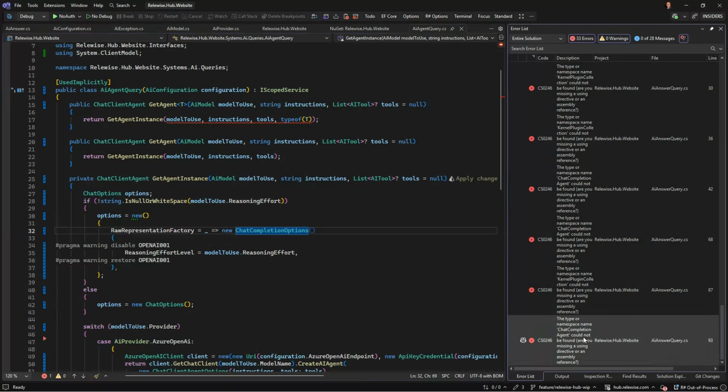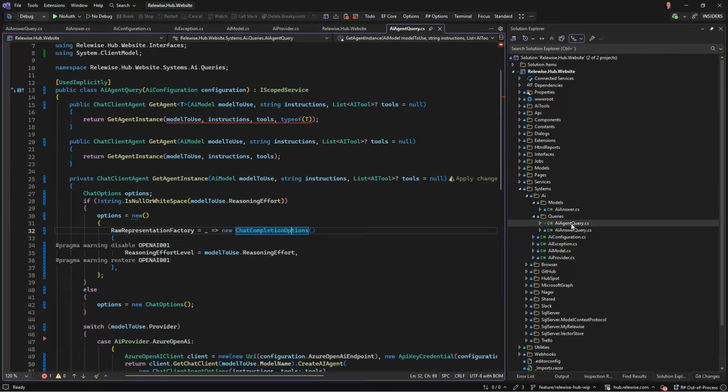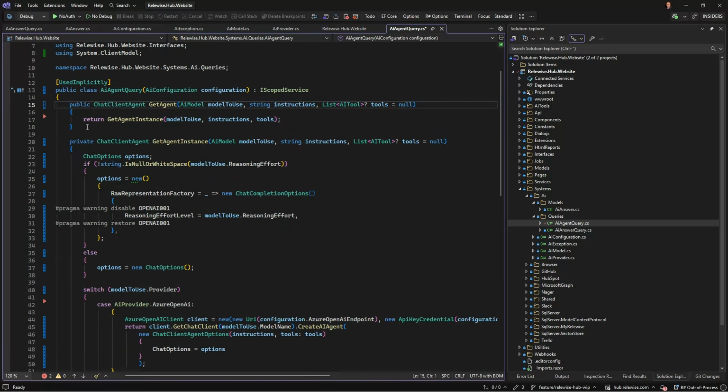Okay, let's tackle this query thing. So this should, no, this is because it says give me an agent of type T for structured output, and that doesn't exist anymore, so I can actually just remove this part. Hadn't thought about that, but should be fairly simple to refactor at some point.